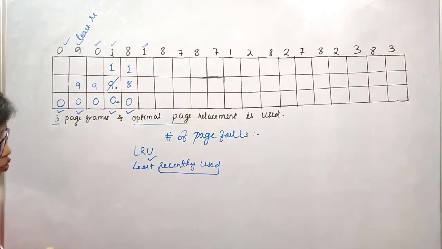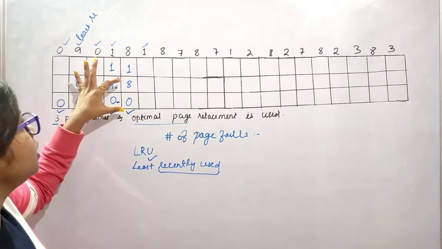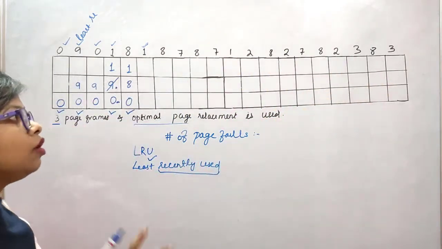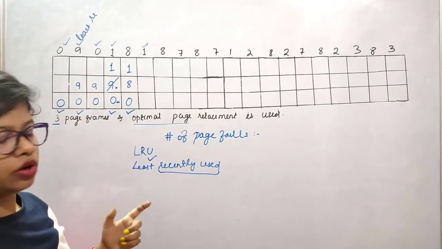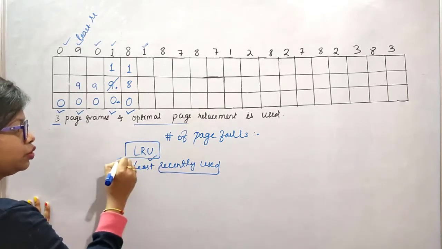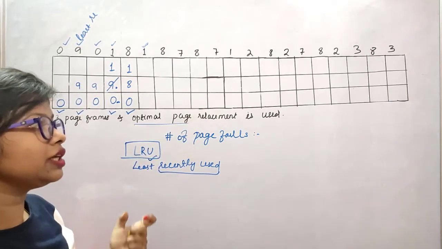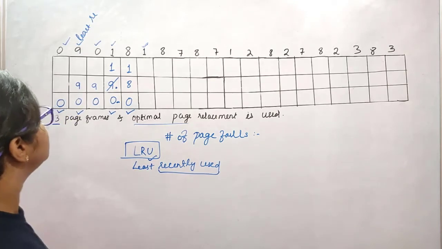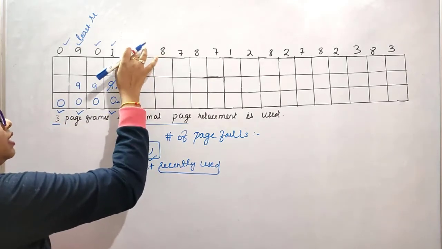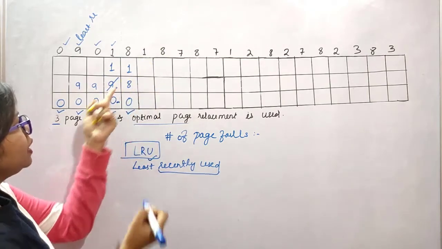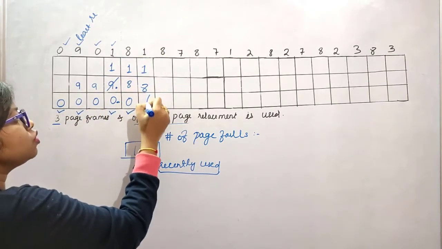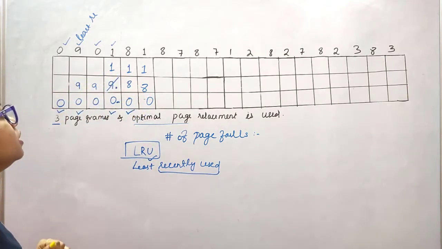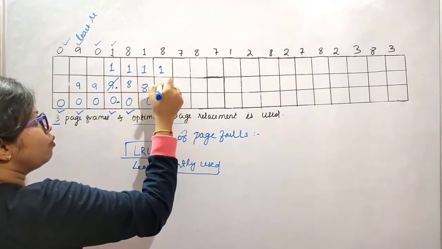Okay, so in case there is nothing in the optimal page replacement algorithm, you have to use LRU. Okay, this is the important thing in this question. What I am saying is, in each and every question you will get to know something new. And again here see, 1 is coming, so for reference 1 it is already present, so 1 8 0 is as it is and there is no page fault. Then again for 8 it is also 1 8 0.